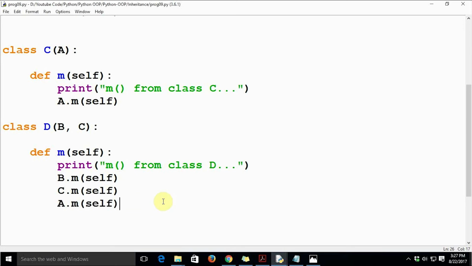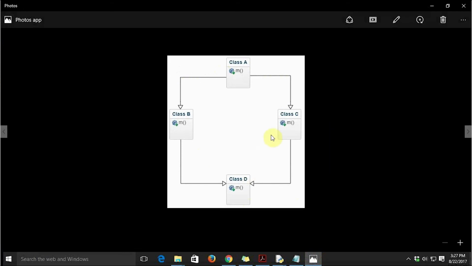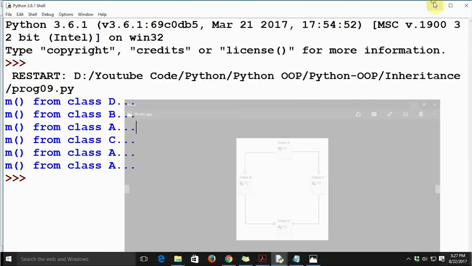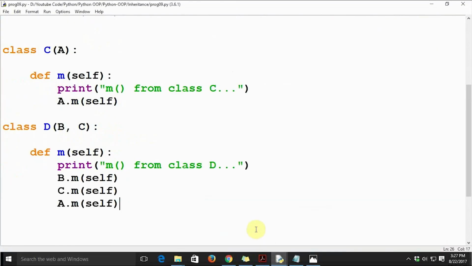This is an example of what a diamond of death can do to our nice little program. So the problem presented here is known as the diamond problem, correct? Because we are getting the redundant code executed every time we try to override the methods. There is a nice way to deal with that, and we have already seen it in earlier lectures.